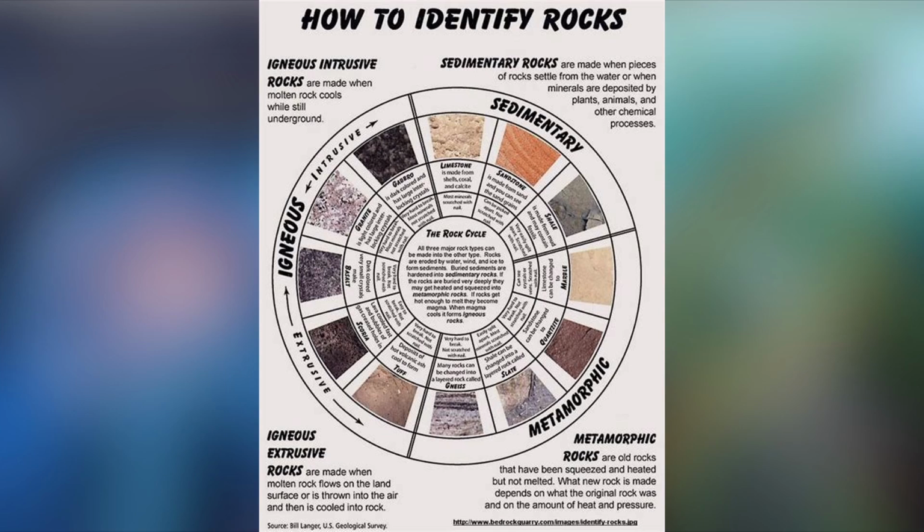An igneous rock, from a Latin word for fire, forms through the cooling and solidification of magma or lava. Basically, magma or lava is just molten rock. Magma is under the Earth's surface, lava is on the surface of the Earth. It's just molten rock, literally in a liquid form. When magma or lava solidifies, it forms an igneous rock. The particular structure and composition of an igneous rock is determined mostly by the temperature and pressure at which it solidifies, and also the time span over which it solidifies or crystallizes.